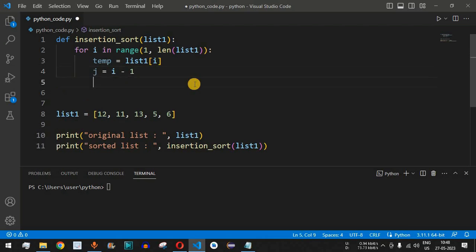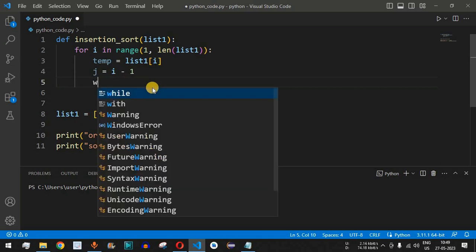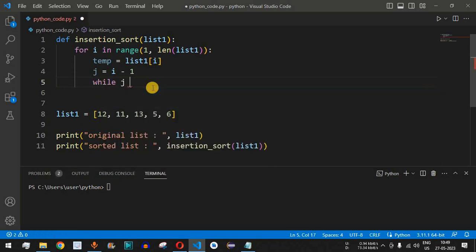Now guys, we have to iterate through the jth elements while j is greater than or equal to 0, and we also need to compare whether this element in the unsorted part is less than the element present in the sorted array. So we can simply have the while loop, and then j greater than or equal to 0.